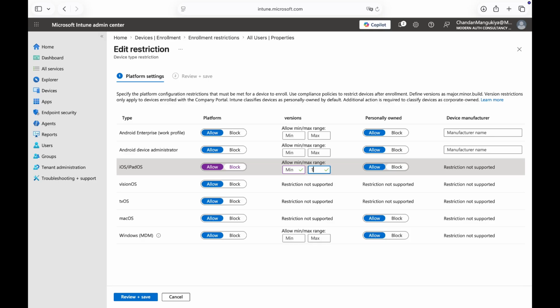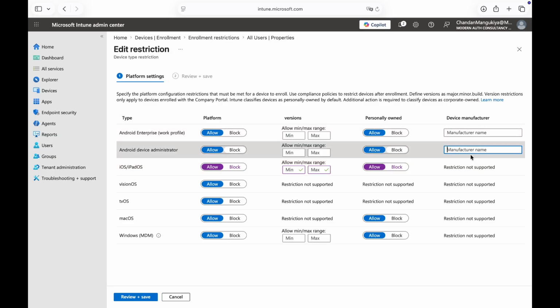Max works the opposite way. It indicates the maximum OS version allowed. So if you set this to 18.9, any device running a version higher than that will fail enrollment. Personally owned indicates whether you want to allow or block personal devices. Specifically, allow means personal devices can enroll into Intune, and block means personal devices are not allowed to enroll. And lastly, there is block manufacturers, which is specifically for Android devices. Here you can list manufacturer names separated by commas, and any device coming from one of those listed manufacturers will